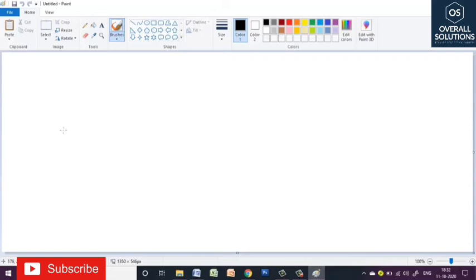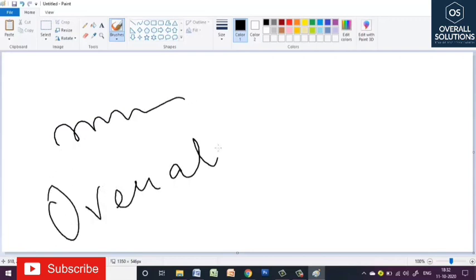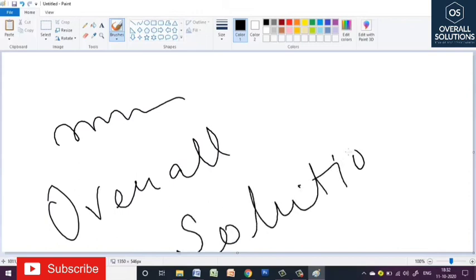If I write anything on the Wacom tab, it will write the same thing, like I am writing overall solution. This is how it will work directly. Now you can see it is working on our computer also.